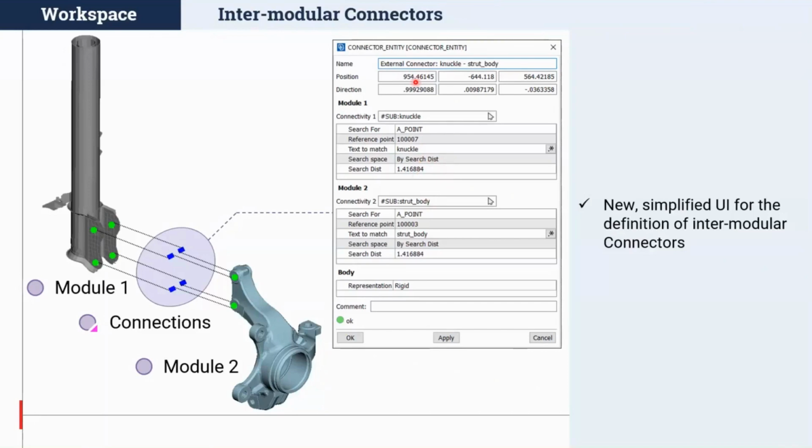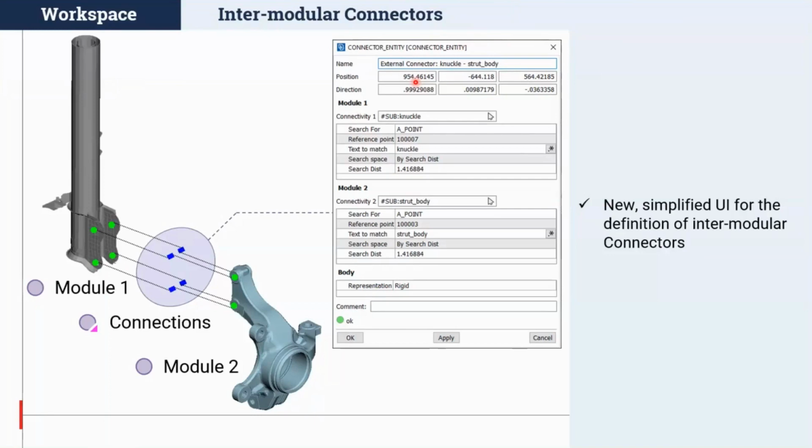A connector that we define is considered an intermodular connector when it connects two subsystems, using A points, LC points, interface states, or interface properties. There is also an option to populate the old GUI of the connector: if you go to the connector list and hold shift with the mouse, you will still be able to populate the old GUI if you want to make changes.